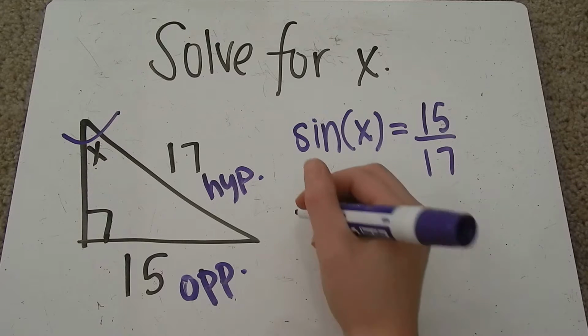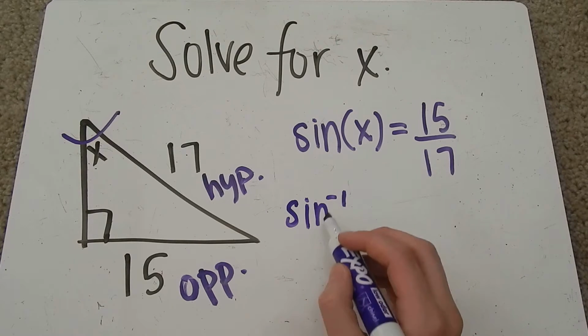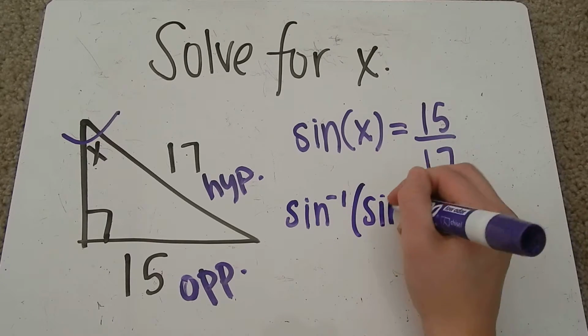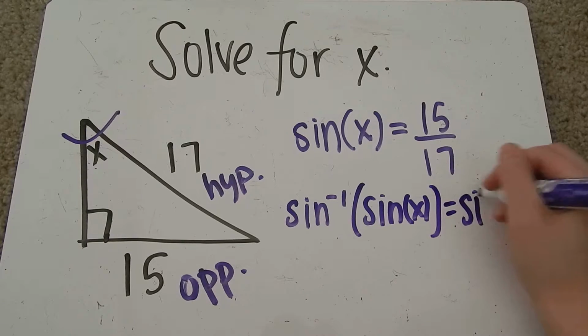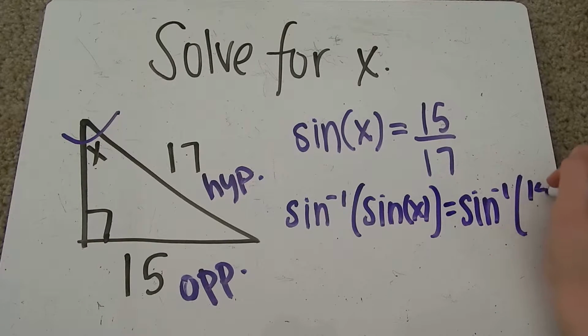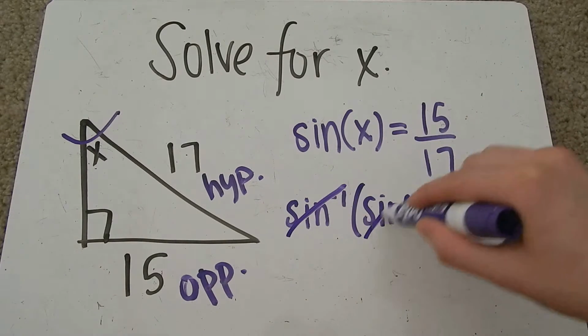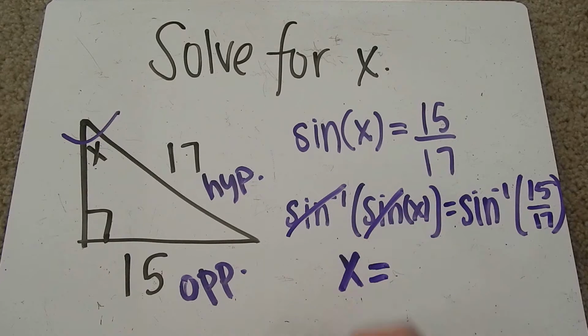So actually what's happening is I'm going to take the inverse sine, which is sine to the -1 power, of sine of x. Since I did that to one side, I need to take the inverse sine of the other side. What's going to happen is this inverse sine and the sine cancel out. So we just have x equals, and this right here is just a number,